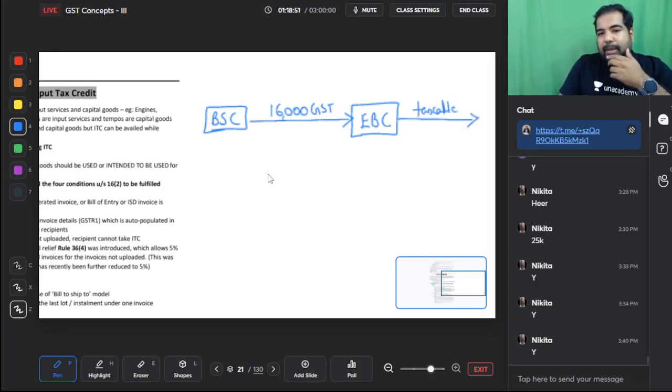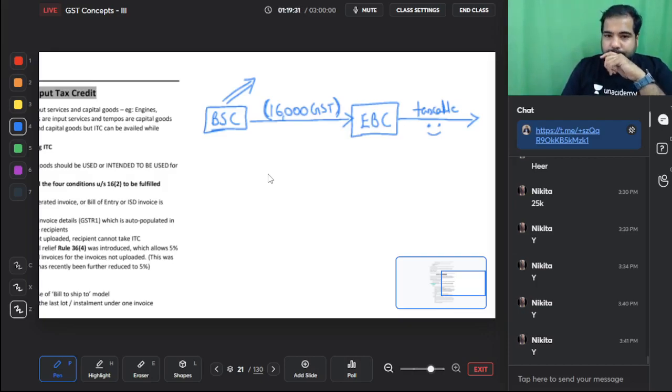So is the government happy? Yes, because they are going to get GST. And hence, will the government give a credit of this 16,000? Yes. So first, credit can be taken, yes. But how does the government believe that electric bike company should get credit? So they will ask battery supply company that, hey, can you tell us during this month of February who all have you supplied to? And battery supply company will issue a statement of how many people they have supplied to, and one of the persons will be electric bike company. So the government doesn't believe you, they check it from the suppliers whether they've actually supplied to you or not.